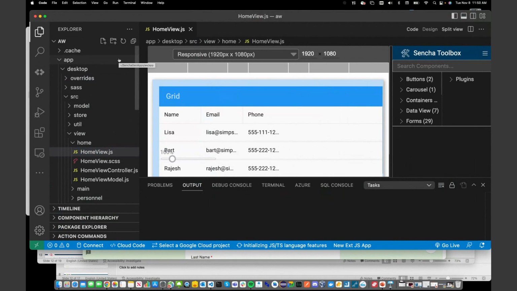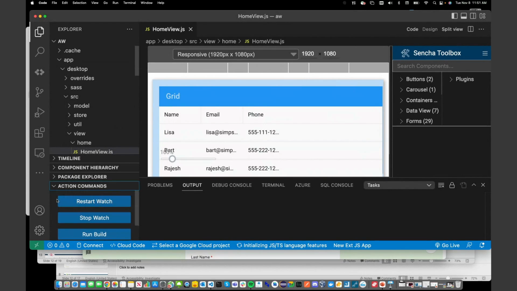Finally, when it finishes, it brings up a new instance of VS Code with your newly generated app inside of it. As I said, by default, the application is going to be running on port 2022. It may or may not be running on port 2022 at the moment because I just restarted. So I'm going to restart Watch, and this is just like Sencha App Watch, but it's